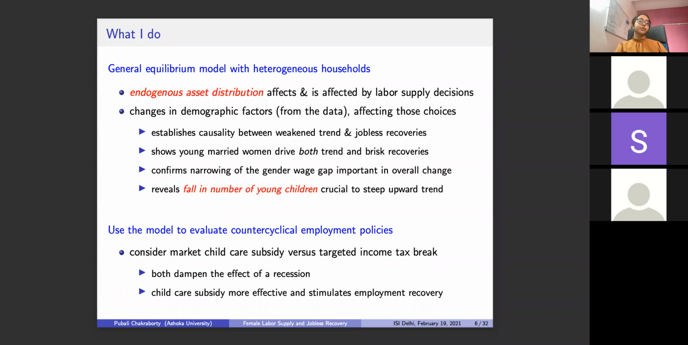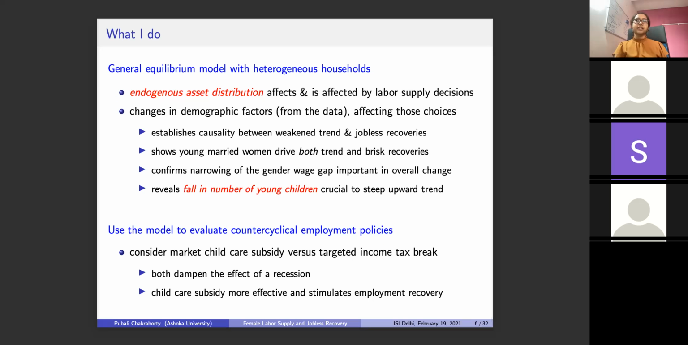So essentially what I want to argue is that there is a cost associated with raising children at home for women, which when it reduces over time, allows women to increase their labor supply. So based on what I find from the model, I conduct some experiments with some different kinds of countercyclical policies. So the first one is a market childcare subsidy, where essentially the cost of buying childcare from the market reduces during a recessionary episode, and essentially,